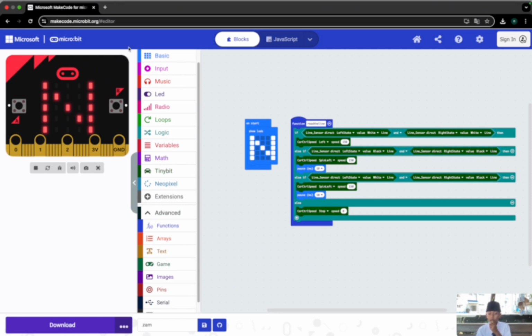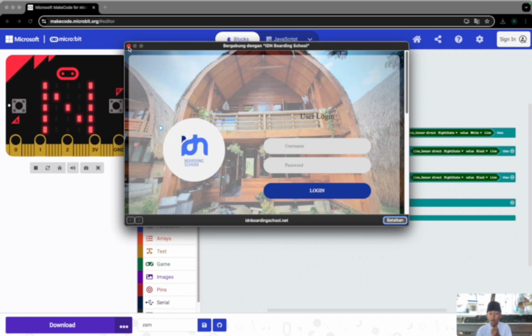In the before project we used a Bluetooth controller and LofiRobot.com to control the robot. But in this project we have a different project, that is the TinyBit robot following the line.